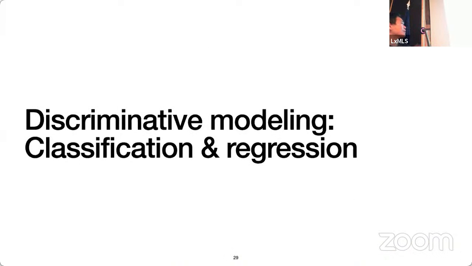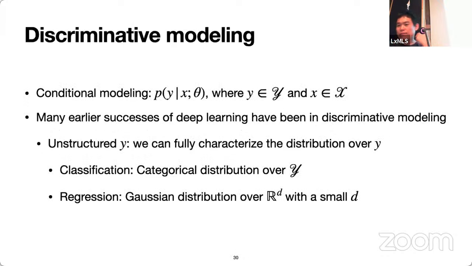Otherwise, I'm going to go into classification as well as regression, because unsupervised learning is all fun and amazing to the point that we can train and then sample amazing looking stuff. But if we cannot guide the sampling procedure from an unsupervised learner, it's a bit of a hobby more than anything serious. So we got to make it really serious. And serious is, in fact, the discriminative or the supervised learning here. And then we talk about the conditional modeling where the input is going to be X and then the target is going to be the output. So we're trying to learn the distribution over this output, the Y, given the X.